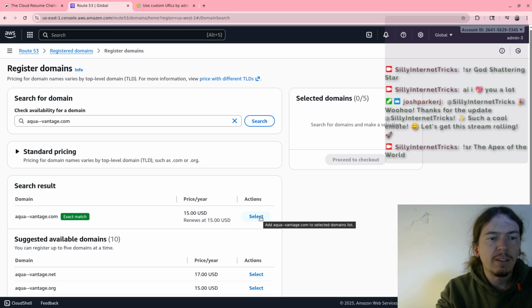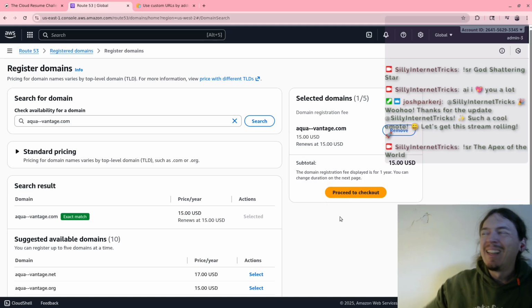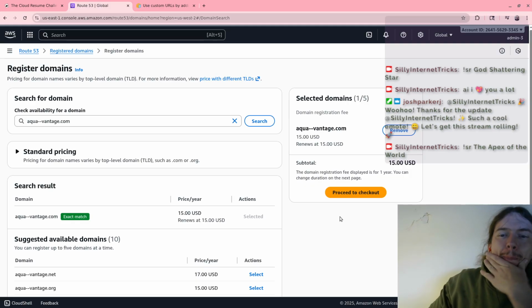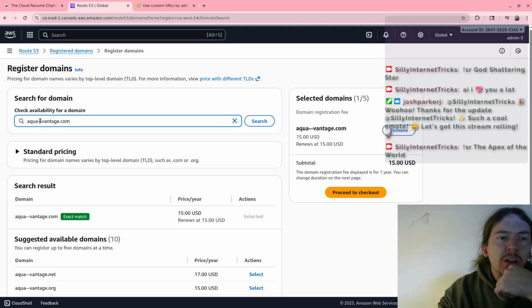So if we select this with the 2 dashes, I mean, whatever, I don't know. And I go... It's so stupid, right? Like, no, yeah, I already paid for the other one. I tried to do it in this account, but it just said there was some problem. But fine. Let's go for something completely different, I guess.